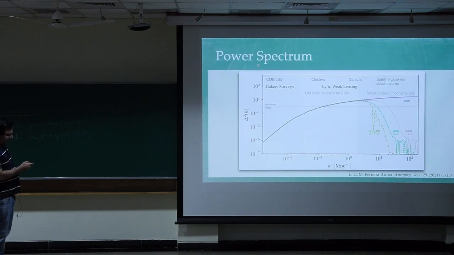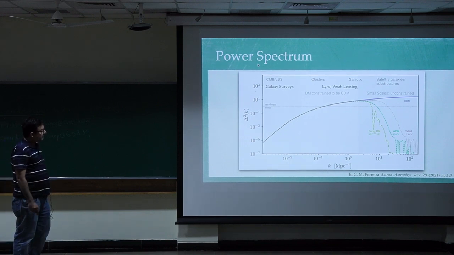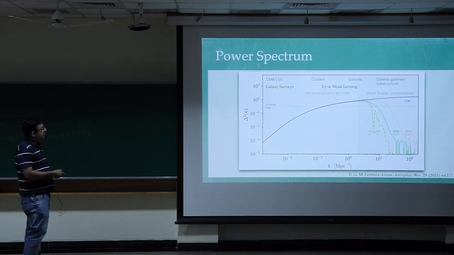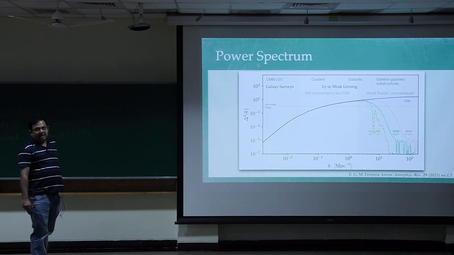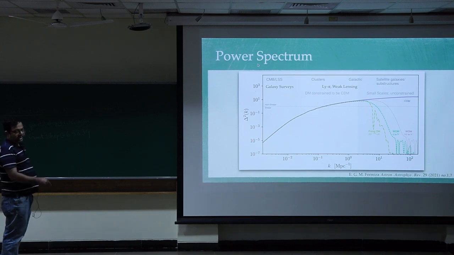Okay, so here is the power spectrum. Now we know that for sizes more than the size of galaxies, we have very good data from galaxy surveys and CMB. Therefore, for all kinds of dark matter models, we are confined to cold dark matter. And so we have very little wiggle room here.